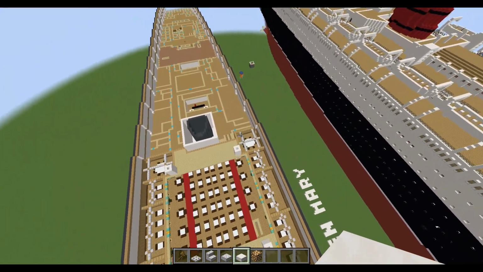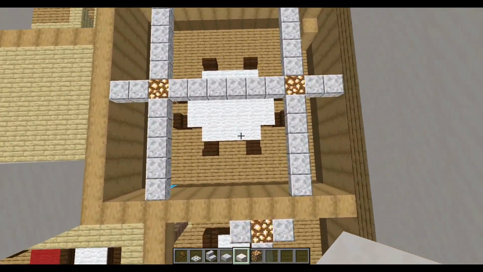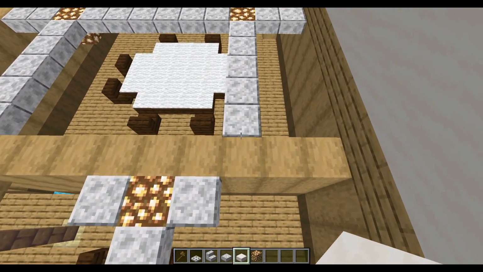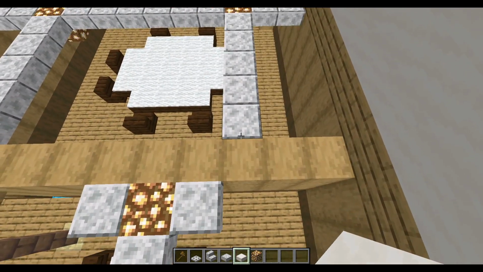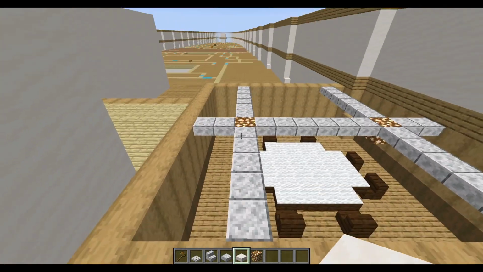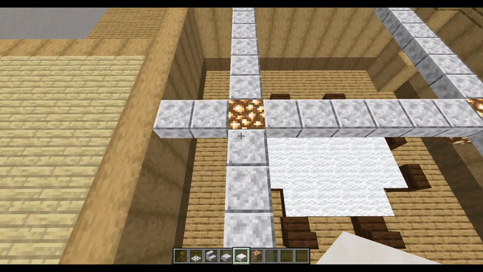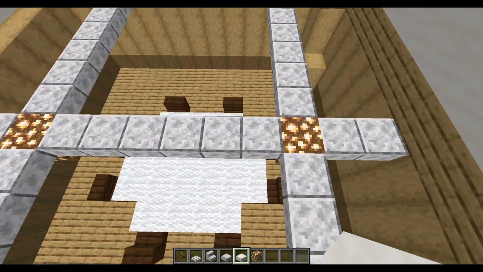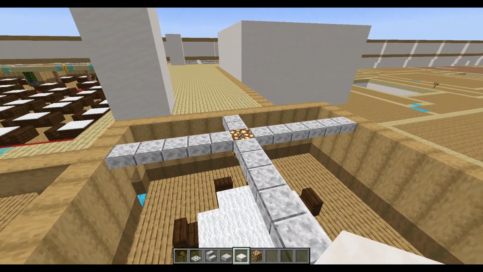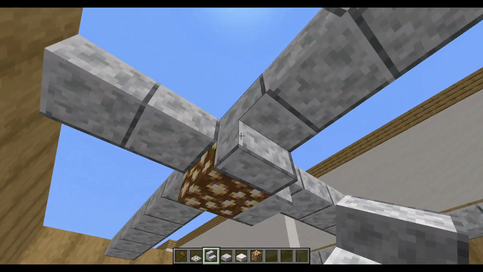Right, so now that you've done that, we'll deal with these other private saloons over here real quick. So here, you want to come to the third block in, then do a line up here. And then from this side, the fourth block in there, do another line. On the sixth block you want to change them to glowstone, and then you just do the line across there, and then you come back in underneath, change these bits to stairs,